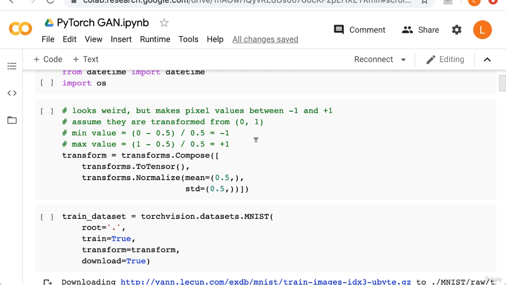Next, we define a set of transformations to perform on the data. Remember that researchers have found that using pixel values in the range -1 to +1 tends to work better. So this code might seem strange at first, but if you check the calculation, you can verify that it works. First, remember that the ToTensor transformation already scales the image to be between 0 and 1. So if we take 1, subtract a mean of 0.5, and divide by a standard deviation of 0.5, we get